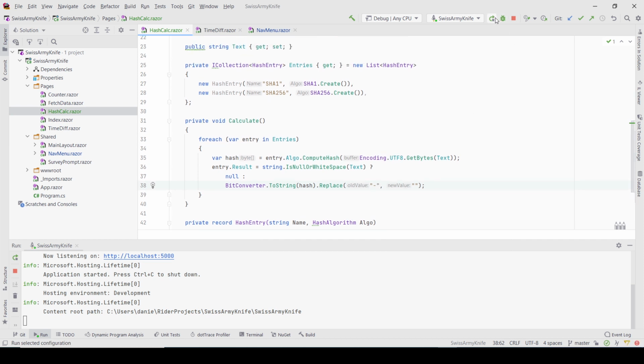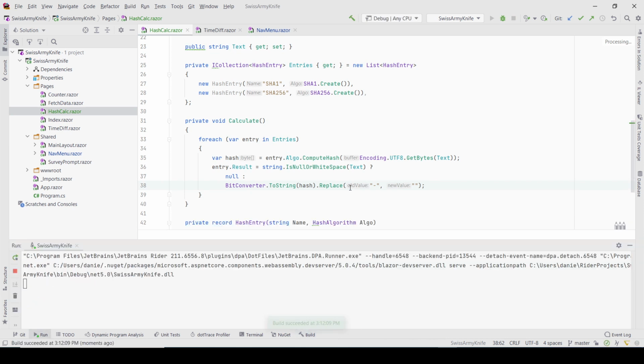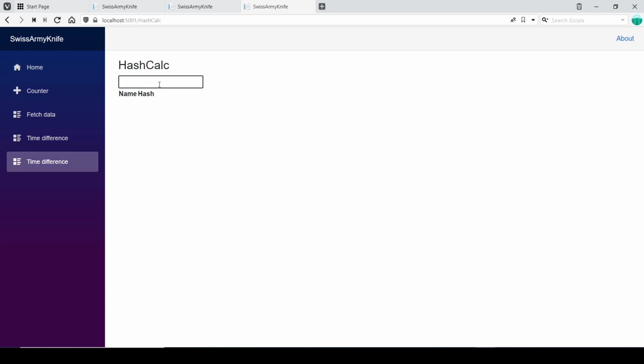So if I start it again, it should work. It's also called time difference. I have to fix that. So like this, so you can see